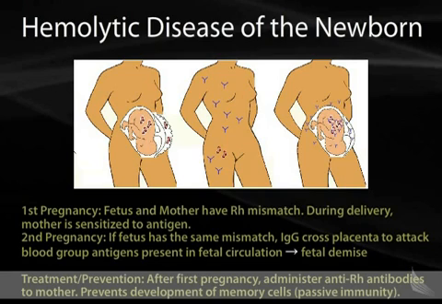So what do we do about this? Well, we give the mom RhoGAM, right? And what's RhoGAM? RhoGAM is actually an anti-Rh antibody. And the theory goes like this. If you give the mom during the first pregnancy RhoGAM before the baby is born, and then immediately after the baby is born, you give her these anti-Rh antibodies that are circulating in her blood